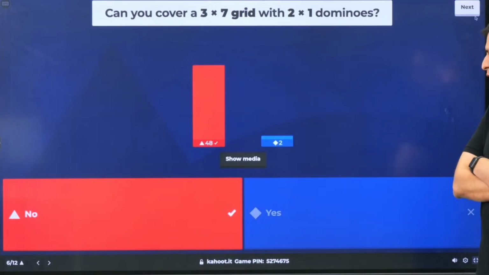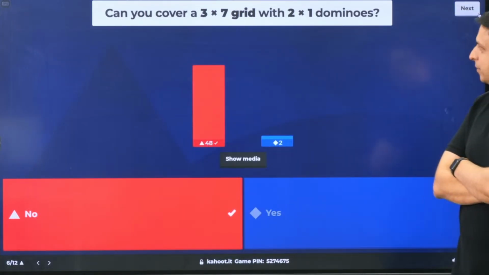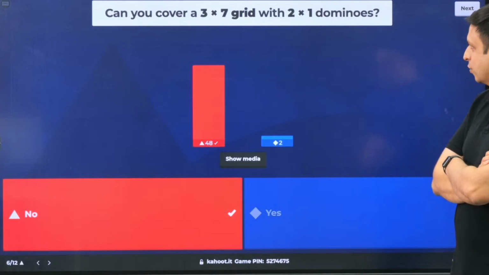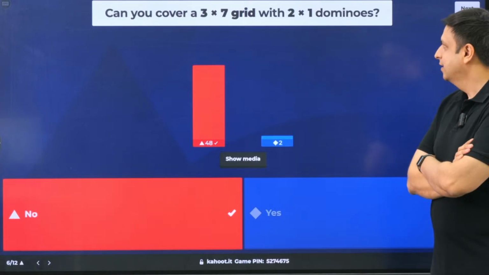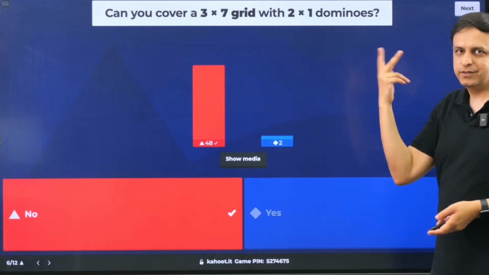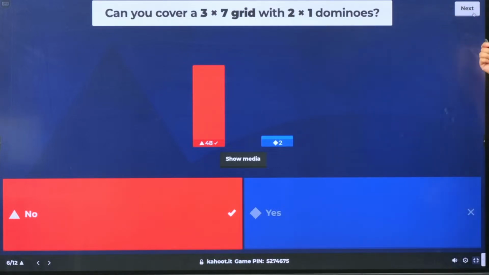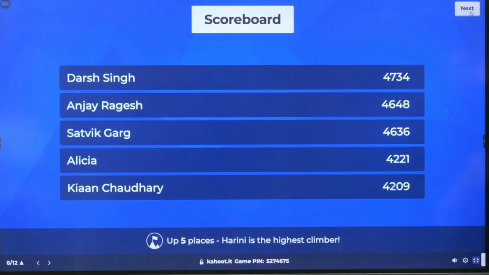Okay, most of you got this one right. So, it is not possible because a 3 cross 7 grid has 21 squares, which is odd, and a 2 cross 1 domino has 2 squares, that is even. So, not possible. So, let us see the leaderboard.